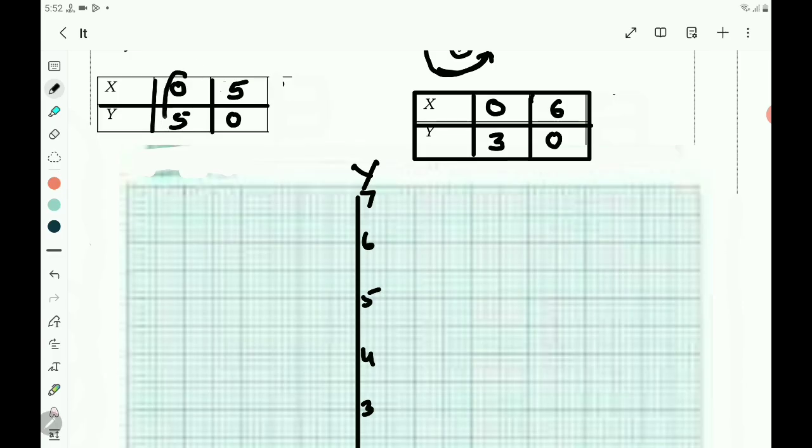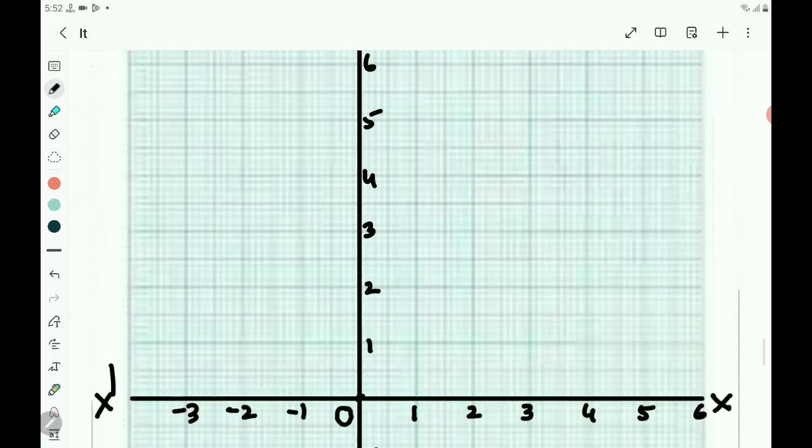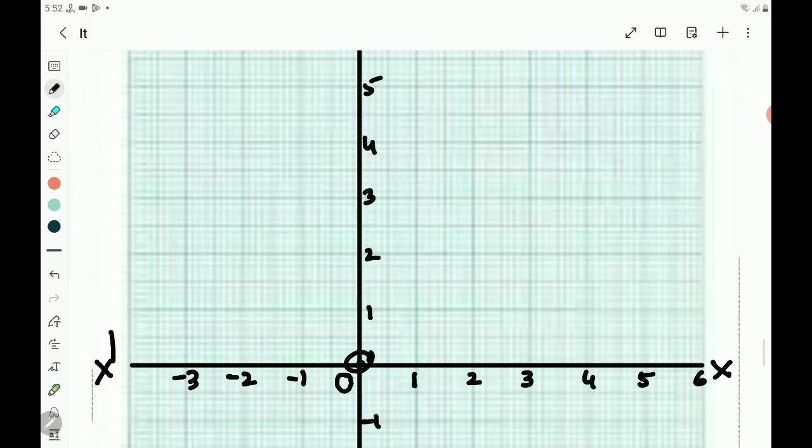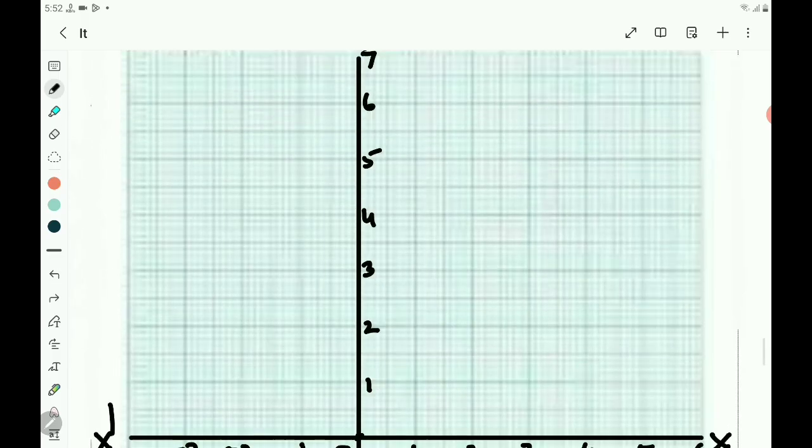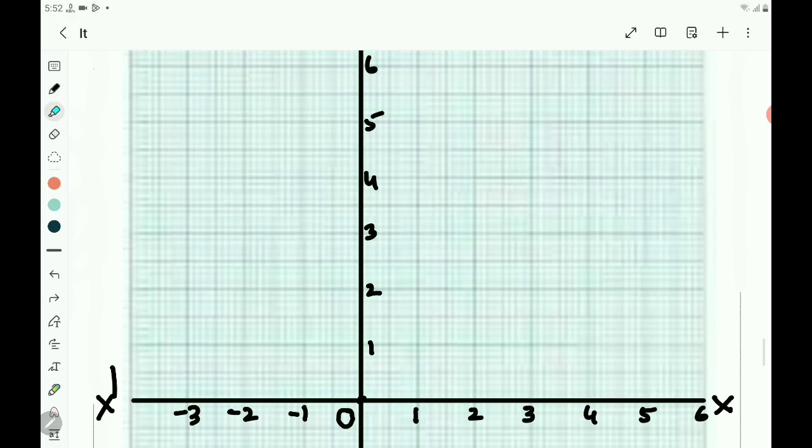Here the first point is 0, 5. Here x value is 0 and y value is 5. So the point comes here. 0, 5. From 0 to 5 means the point comes here. This is the point. So let us mark the point. This is 0, 5